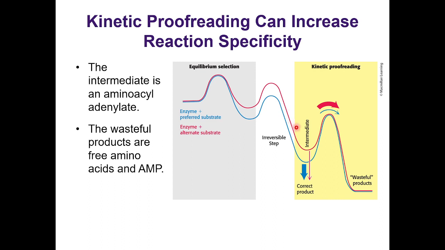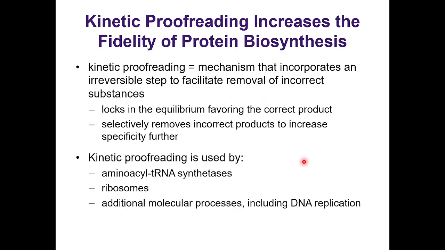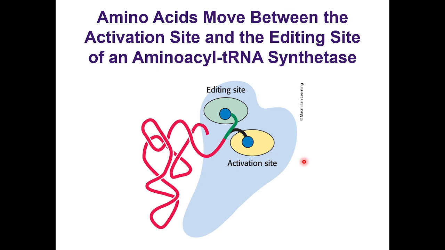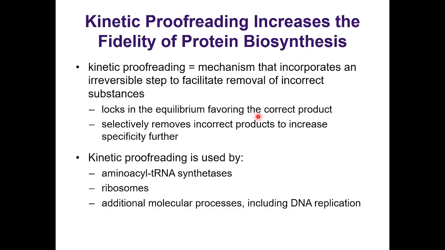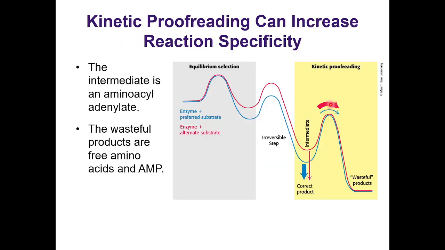There's not that much difference between them. See that? And so when we look at this right here, what we're doing is the correct product has the lowest energy for this, and it can have a further processing step, right? For example, we had the editing step up here. Remember that? So this would be like an editing step here. And because the energy barrier for the incorrect product is lower, it can go into the editing step much faster. It doesn't have as much time to release and be